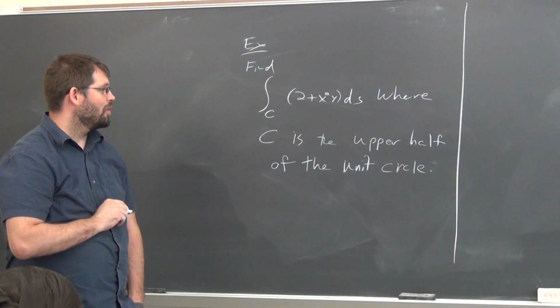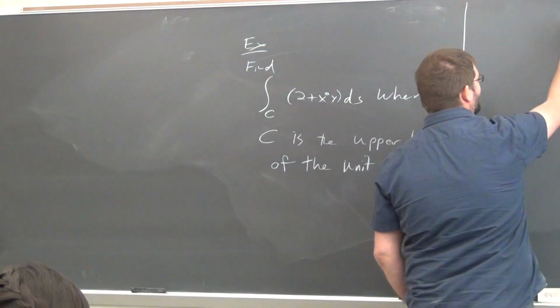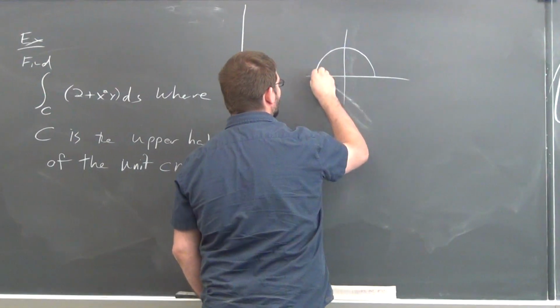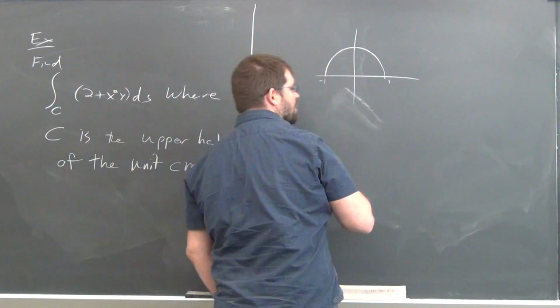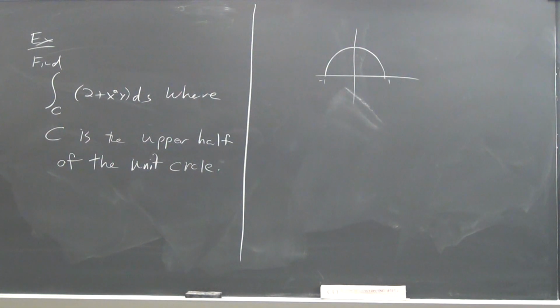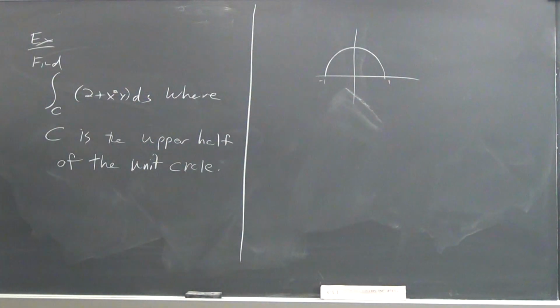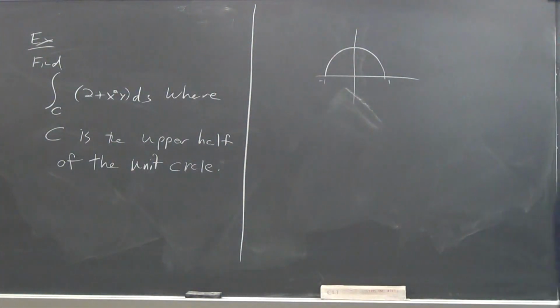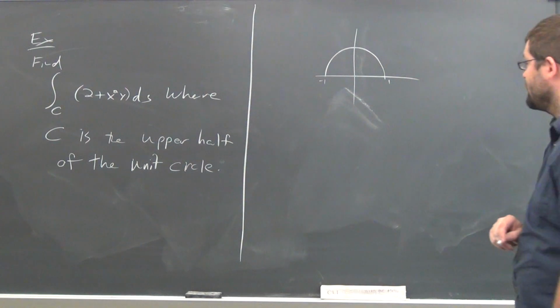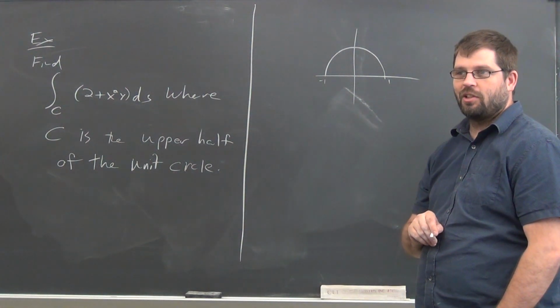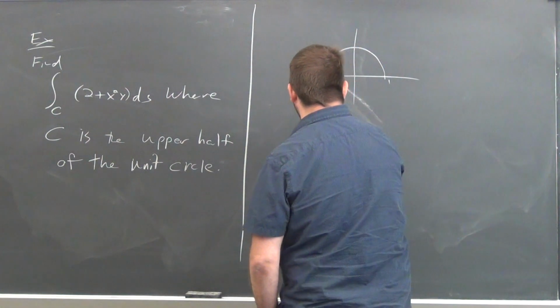Okay, so the upper half of the unit circle, circle of radius 1. Now, all you need to do is find one parameterization of this. There's all kinds of different ways you could parameterize the unit circle. I think 99% of the time the easiest way is to use the sine and cosine parameterizations that we've seen before. And so if you remember,